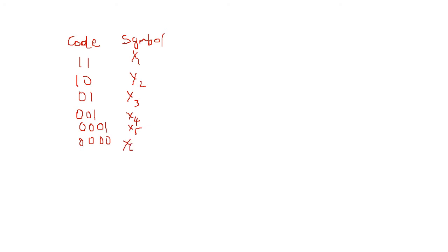Now to draw the code tree, we start from the source node, that is S, and we have two branches. One will be 1, the other one is 0. Next, from 1 and 0 we don't have any terminal node or symbols generated. So we'll extend this particular node, and you'll get 1 and 0. Now the code 11 gives a terminal node for the symbol x1, and 10 gives the terminal node for the symbol x2.